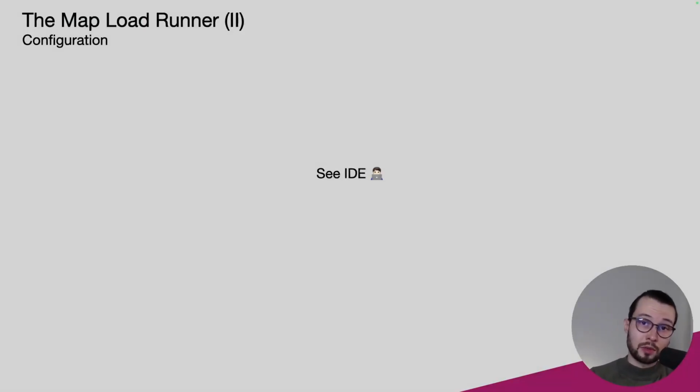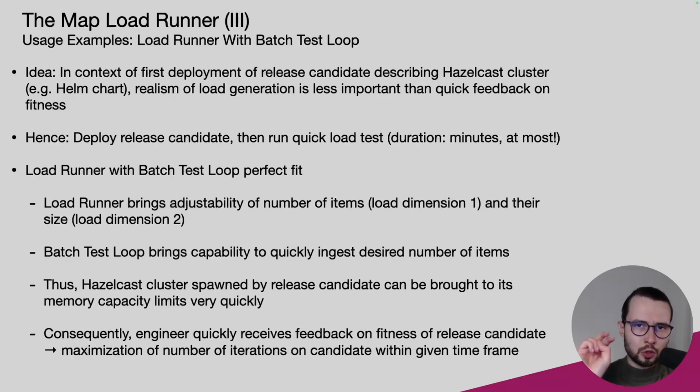So now that we've learned about the most important configuration properties for the load runner, let's move on to 2 usage examples that I'd like to make. The first one is the load runner in combination with the batch test loop, because despite its limits in terms of flexibility for how to model how load gets created on a target Hazeltest cluster, the batch test loop still has its usage, far beyond what I initially mentioned